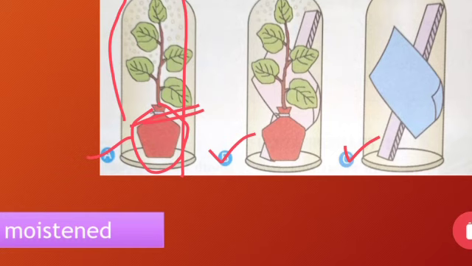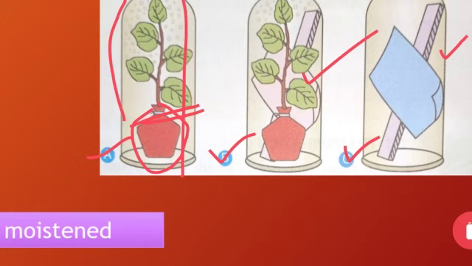In the next setup, we have taken the same potted plant with the pot covered with a polythene bag. Along with the bag, we have taken one cobalt chloride paper and will also keep this setup under the sun. Next, we have taken an empty bell jar in which we have placed a cobalt chloride paper as well. Now we have kept all three setups under the sun.